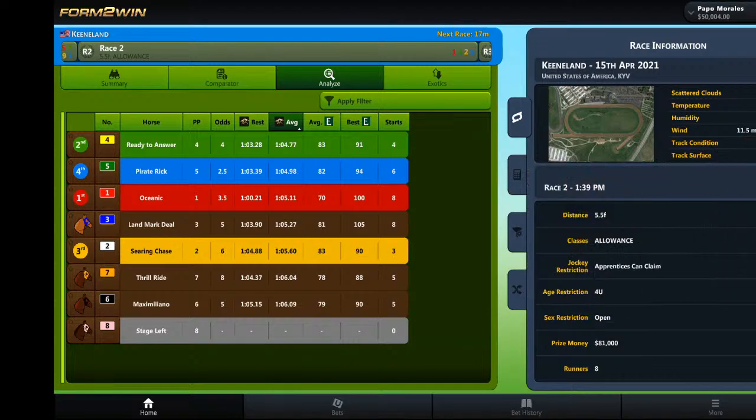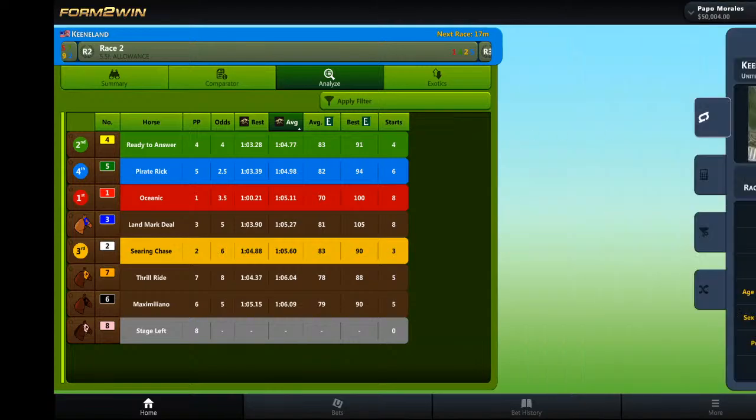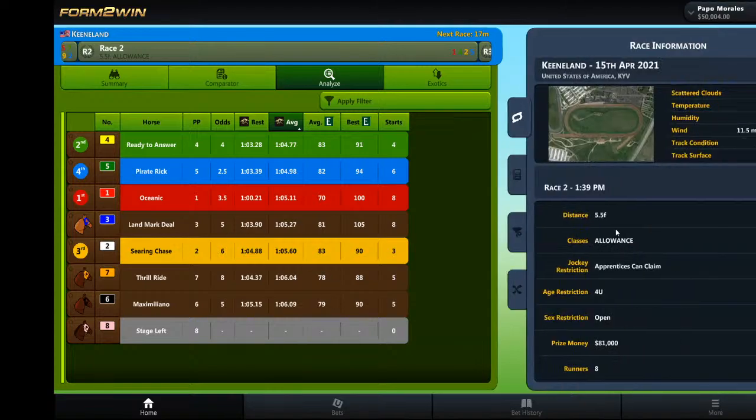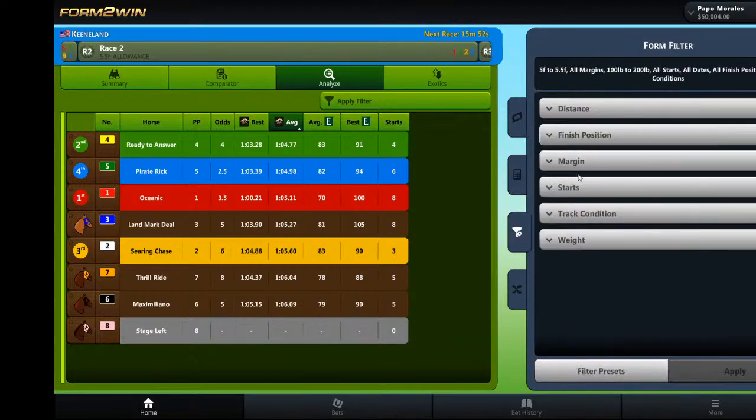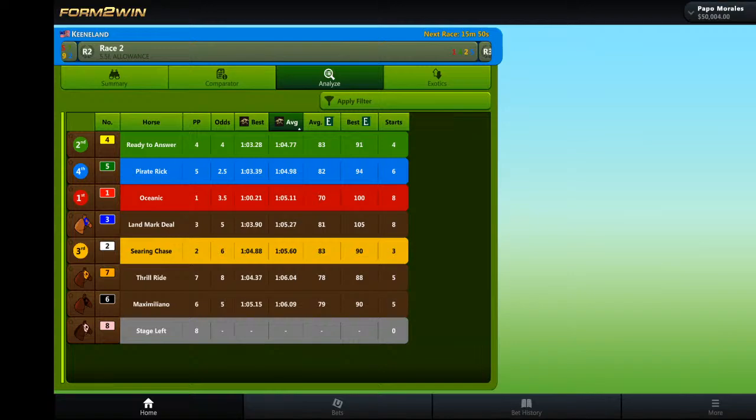Okay, so if you click on this tab here, you get the race information. So this race is going 5.5 furlongs on the turf. We're at Keeneland. If you click on this filter box right here,